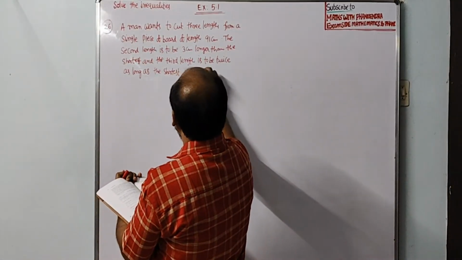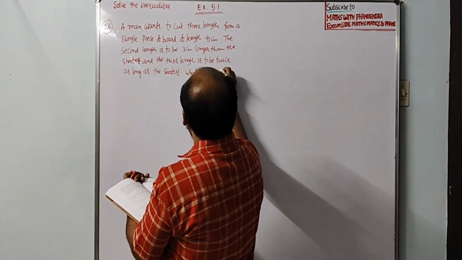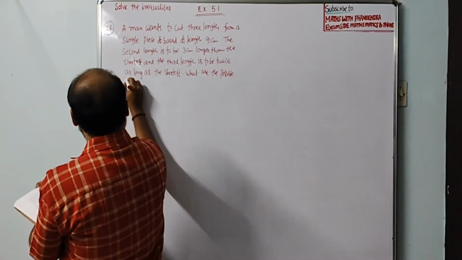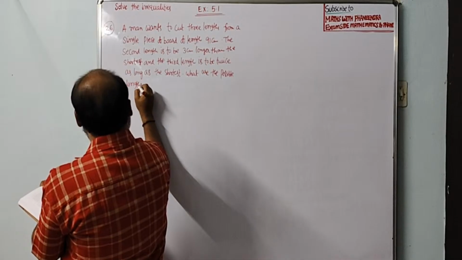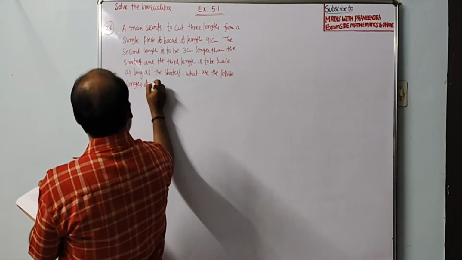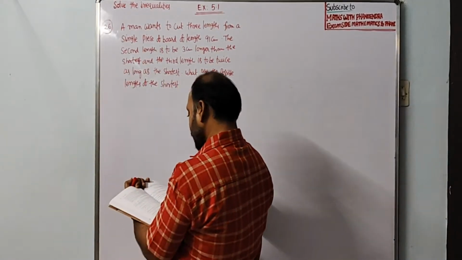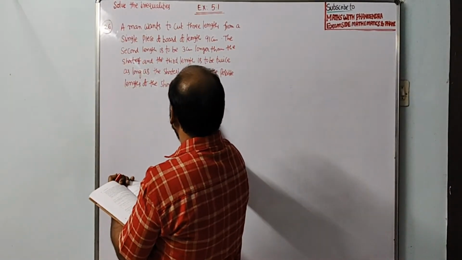What are the possible lengths of the shortest board